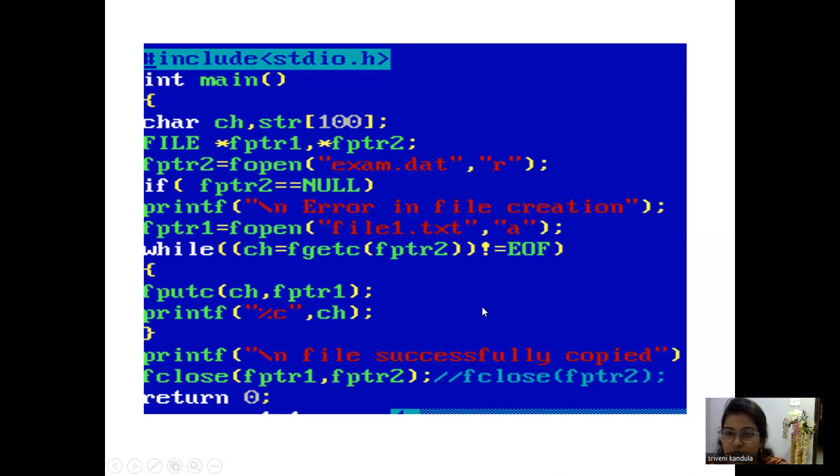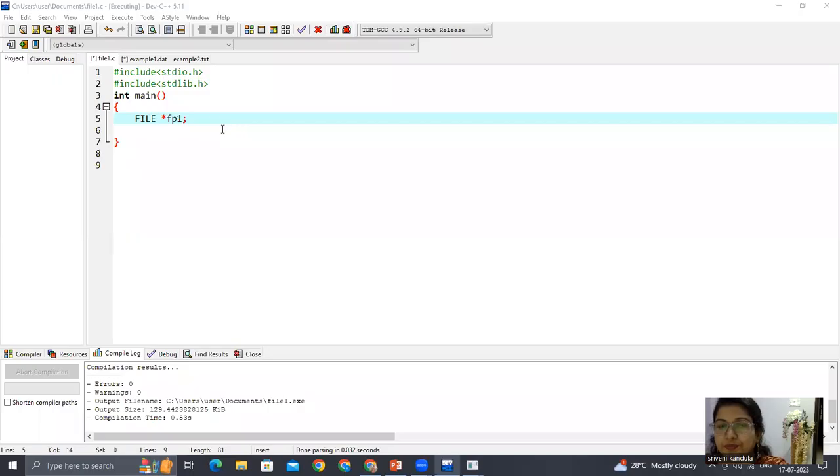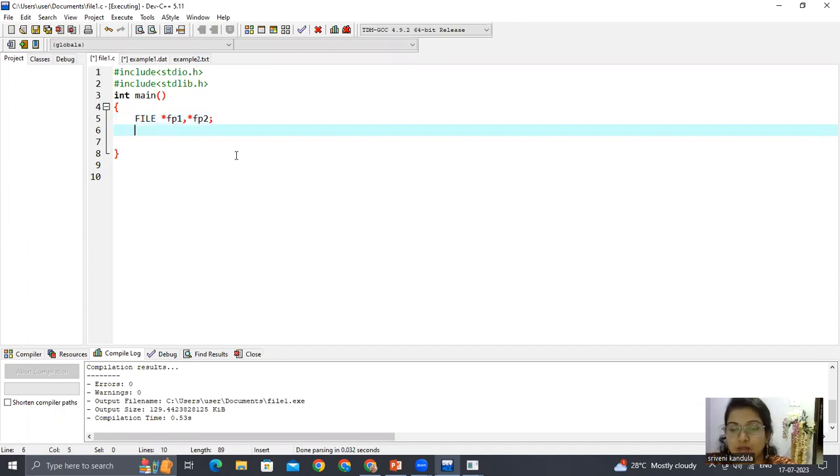So let's do this. Now let's see how to copy the contents of one file to another file. Since we are making use of two files, let's declare two file pointers, *fp1 and *fp2. Now let's give a name for fp2 as well. fp2 is equal to fopen of